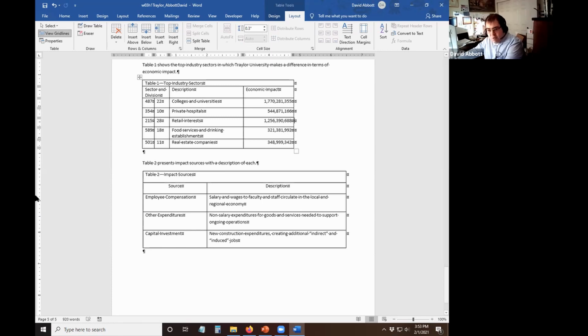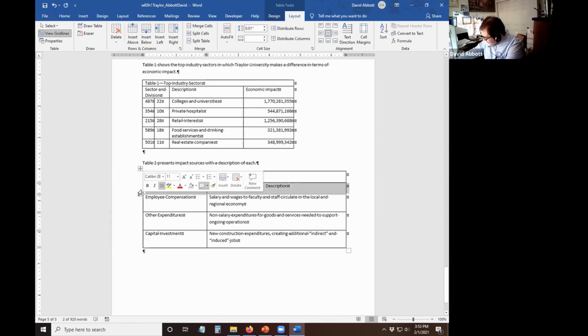And then now we're going to work on table 2. So we're going to click on the second row in table 2. Then same thing, we're going to click on Align Center in order to align those. The next thing that we're going to do is Align Center with the column heading selected,